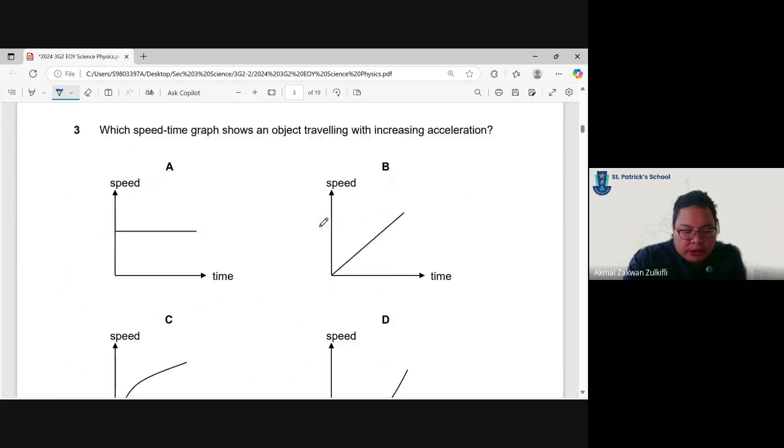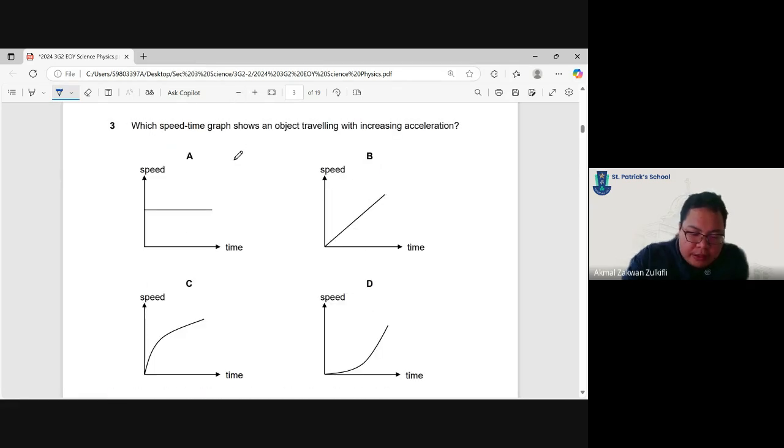Let's move on. Question 3, again, it is a kinematics graph, right? So if I have a kinematics graph, always begin with D, S, A. Now we are looking at a speed-time graph, and they want acceleration, so we're going rightwards, so we want the gradient. We need to look at the gradient to see increasing acceleration. Increasing acceleration means we must see an increasing gradient.